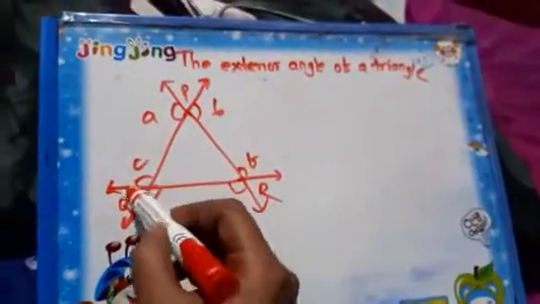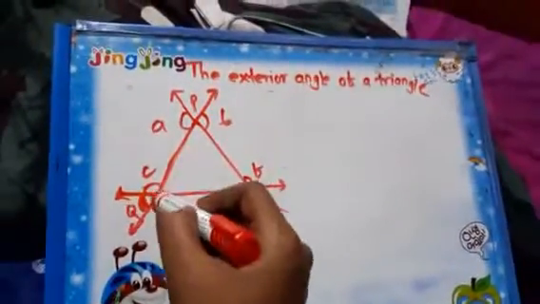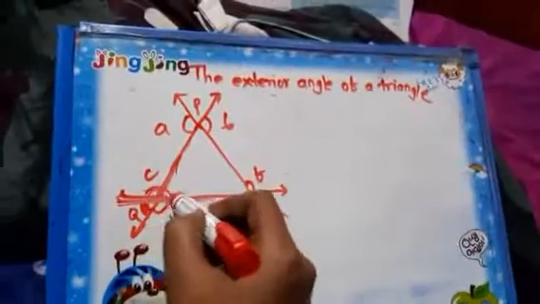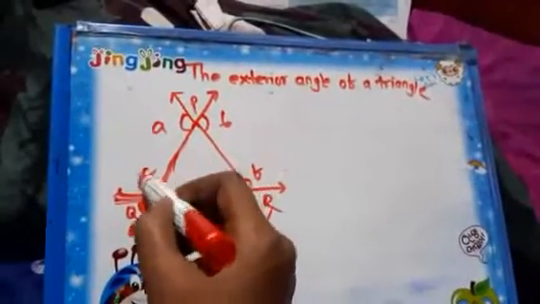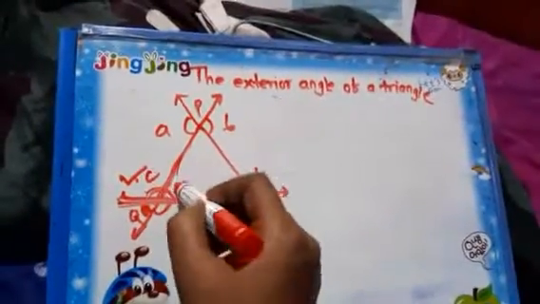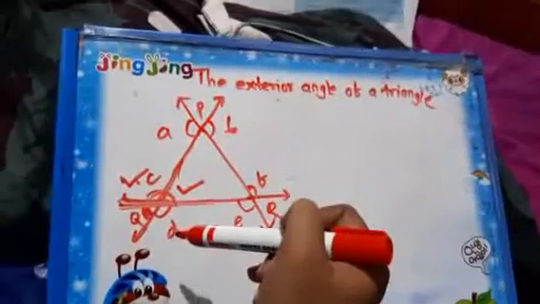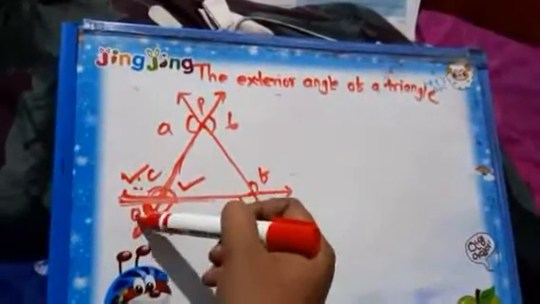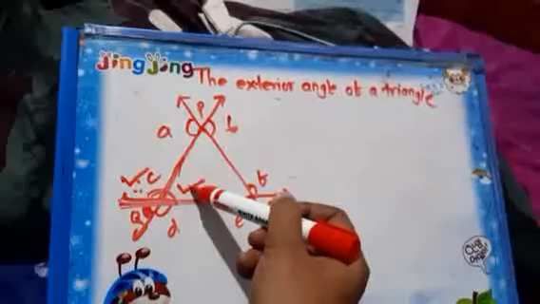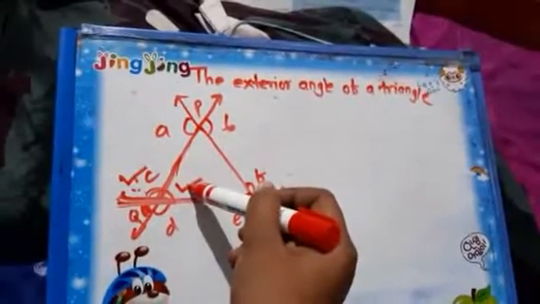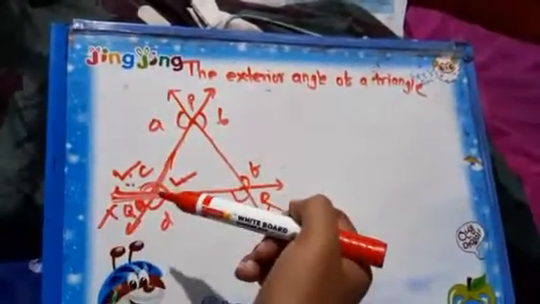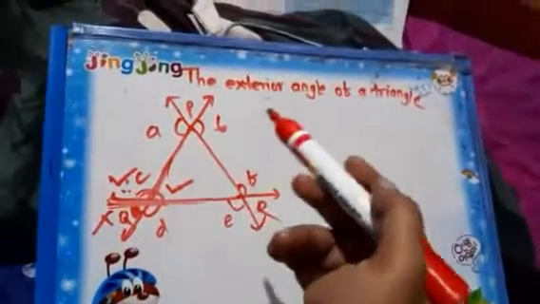For example, consider this angle C. It is forming this straight line and the total is 180, meaning these two, this is external and this is internal, they are forming a linear pair. So this is an exterior angle, but this angle is not forming 180 degrees or a linear pair with the interior angle, so it is not an exterior angle.